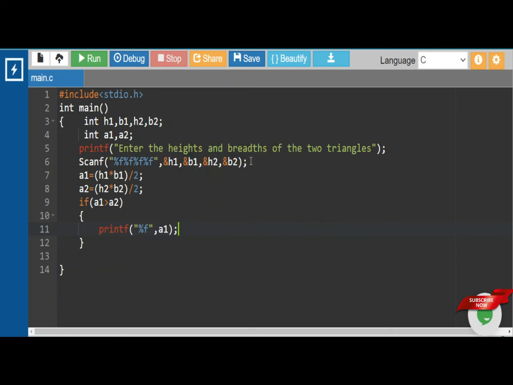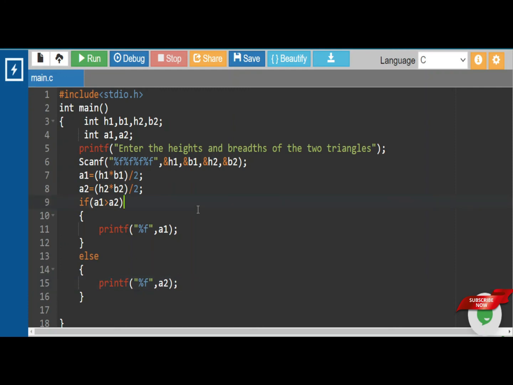This much itself. Don't print that the output of the area of the first triangle is this much. They did not ask that in the problem statement. Just print this one. And in else statement, just write printf percentage f and a2. If not that, this will be the output.